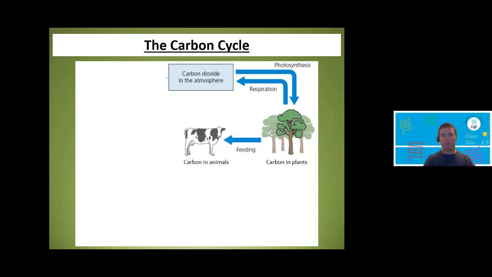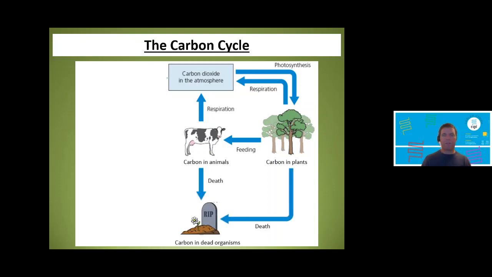And then we get feeding, which we just talked about, food chains. So when animals consume the plants, that carbon is passed on. And then those animals respire, and so consequently we've got more respiration. We're linking that topic again, releasing carbon dioxide into the atmosphere. And then we get death, and we end up with carbon in dead organisms. And of course, what happens to the carbon in dead organisms? Well, we get decay. That's why we just talked about decay, because if we're going to make sense of the carbon cycle, we need to be referring to decay.